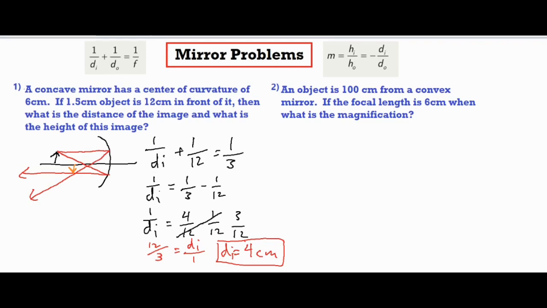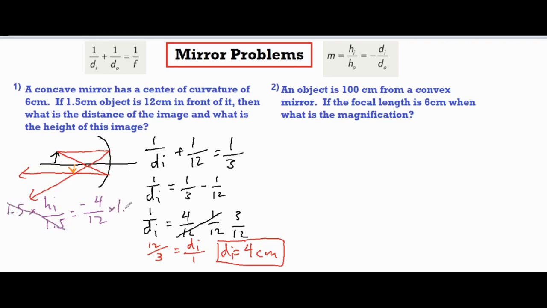Secondly, I'm going to go ahead and find the distance, the height of the image. So I'm going to use this formula over here, the one with the 2 ratios and the magnification, and I'm looking for the height of the image. We know the height of the object is 1.5. And then we now know the distance of the image is 4, and the distance of the object has always been 12. So if I just multiply both sides by 1.5,